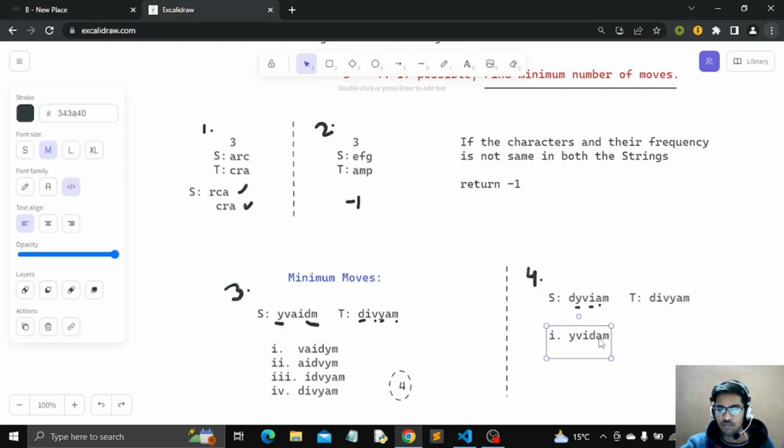Now again we will perform the operation second time, and we will delete character y, and we will place it between d and a, because in the original string y comes between d and a. So our string will become, now again we will perform the operation third time,